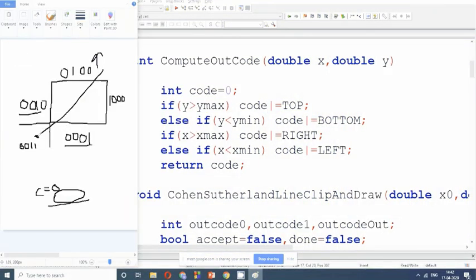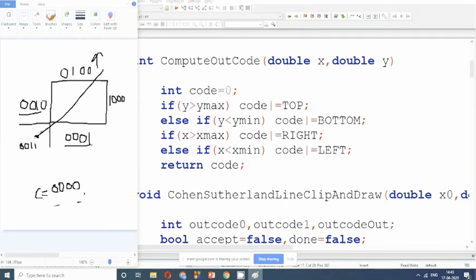So how the flow would be for this point is, my C is initialized to 0. Let us say I pass the x naught, y naught, or x and y coordinates of this point to this compute outcode.